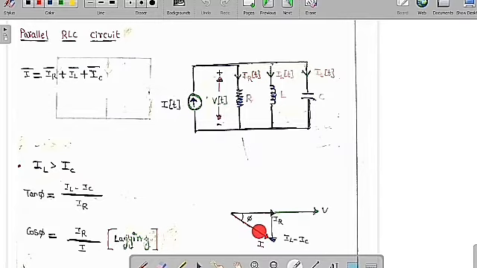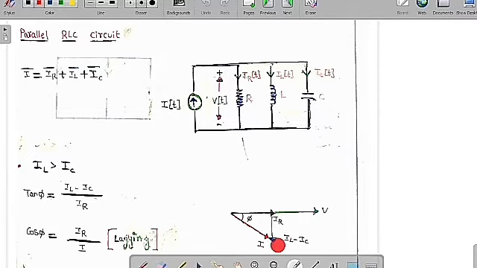So simply we can say that tan phi is equal to the ratio of opposite by adjacent, which is IL minus IC by IR, whereas cos phi is equal to adjacent by hypotenuse, which is IR by I. So always the current is going to lag. Therefore this is the lagging power factor. One of the important points here is, if the current in the inductor is greater than the current in the capacitor, the circuit is said to be a lagging circuit, because we can see simply from this phasor diagram also that the current is